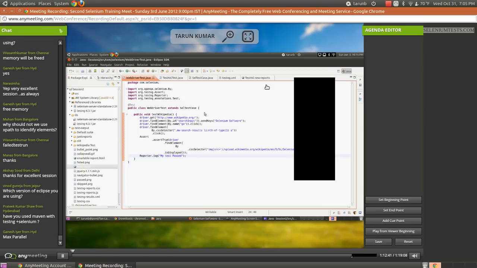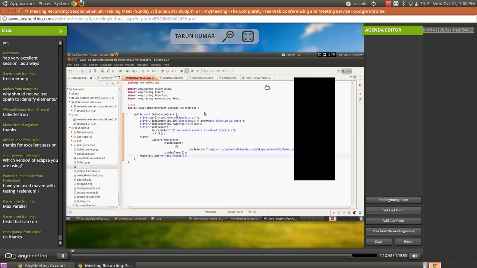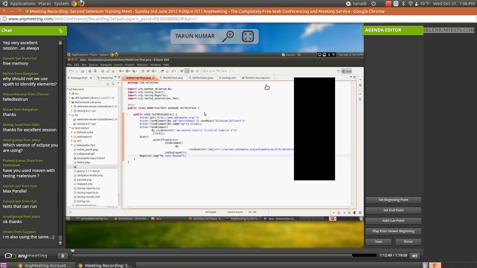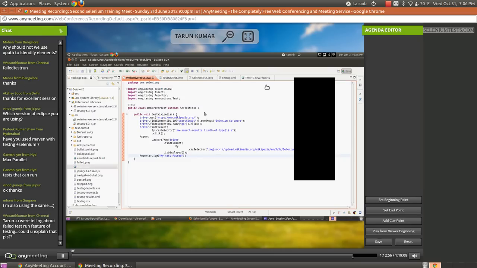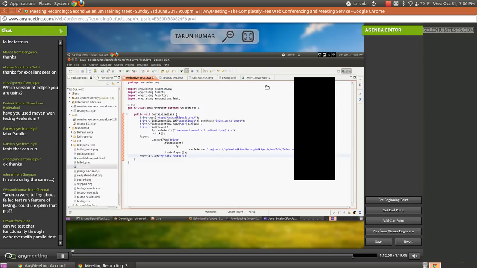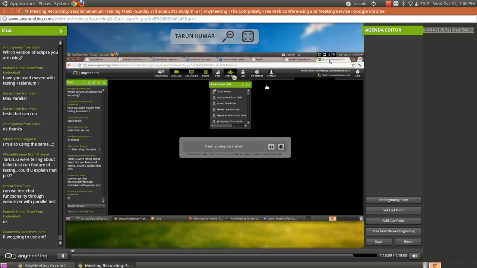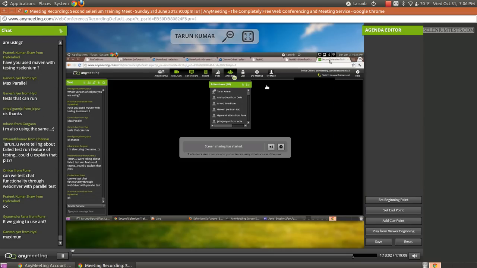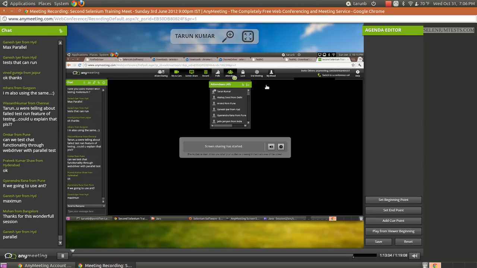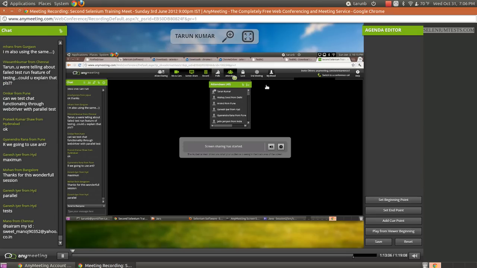Maven is not very different, Pratik. It just introduces lots of life cycles. You have goals, you have tests, and other things. So it's not very different, I would say. Yeah, we will see usage of Ant as well.